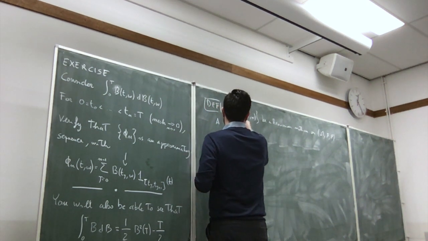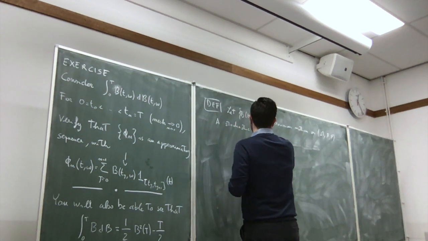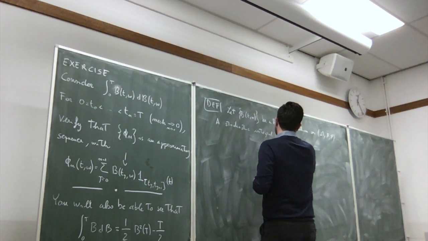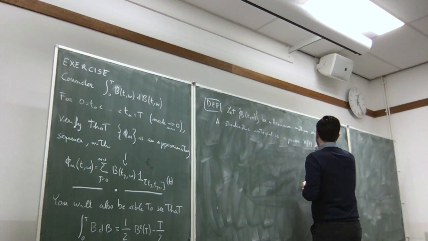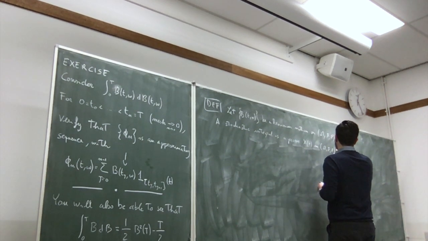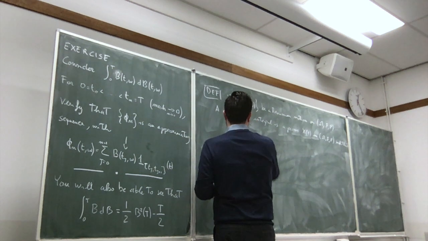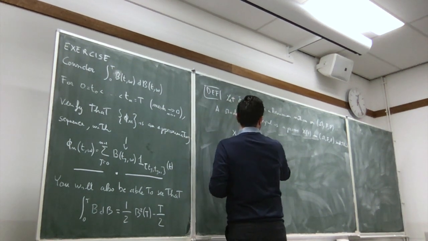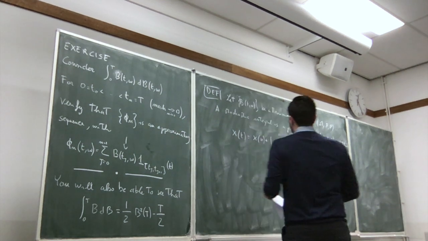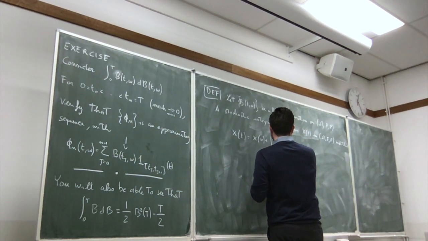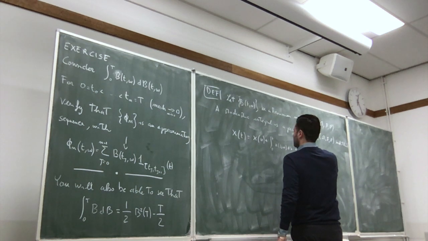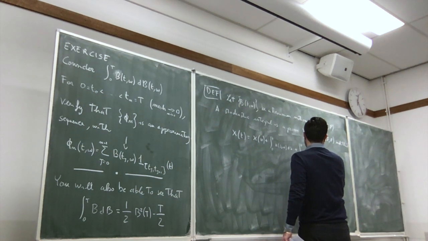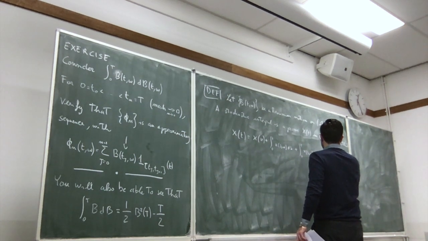A stochastic integral is a process X_t on (Omega, F, P) such that I can write X_t in the following way: X_t is equal to X_0 plus the integral between 0 and t of u_s(omega) ds plus the integral between 0 and t of v_s(omega) dB_s(omega),